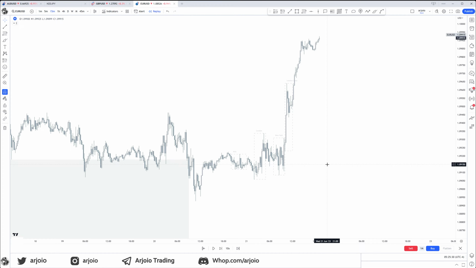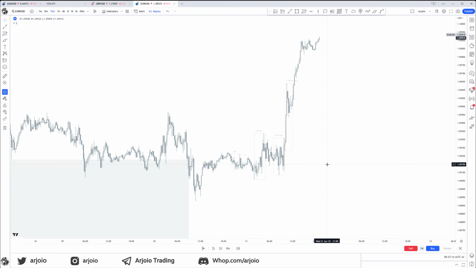So if London is now in winter time and London moved 1 hour back, then we wouldn't change the London kill zone. It would stay the exact same, because the algorithm always refers to New York local time. So London close, London kill zone is always referring to the same times based off of New York local time. Same for Asia. The Asia session doesn't change. It is always referring to New York local time.